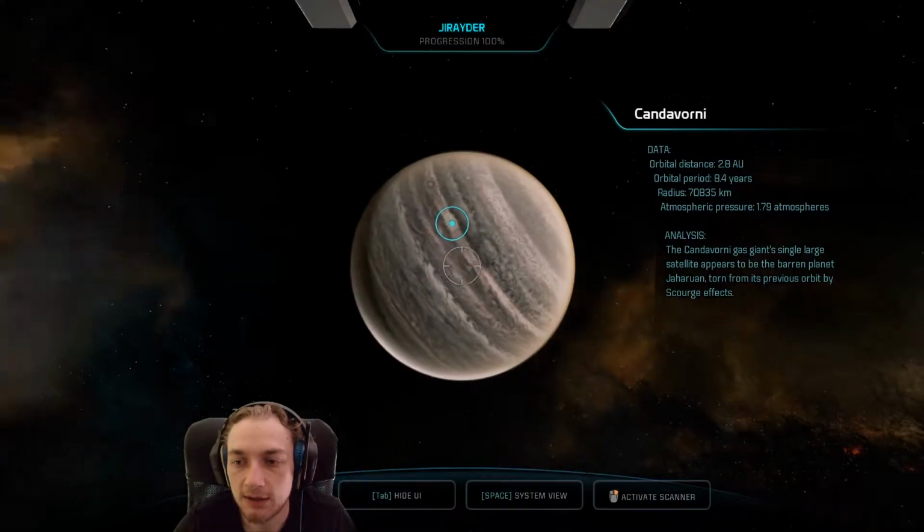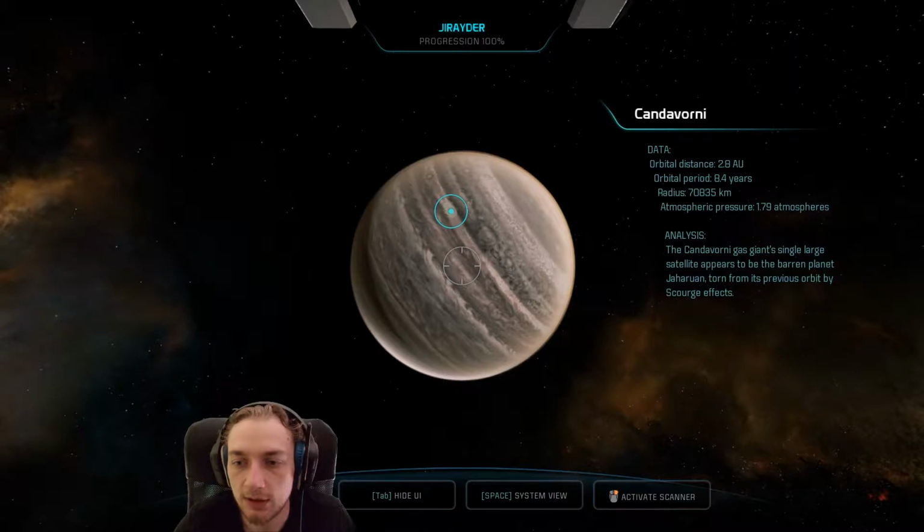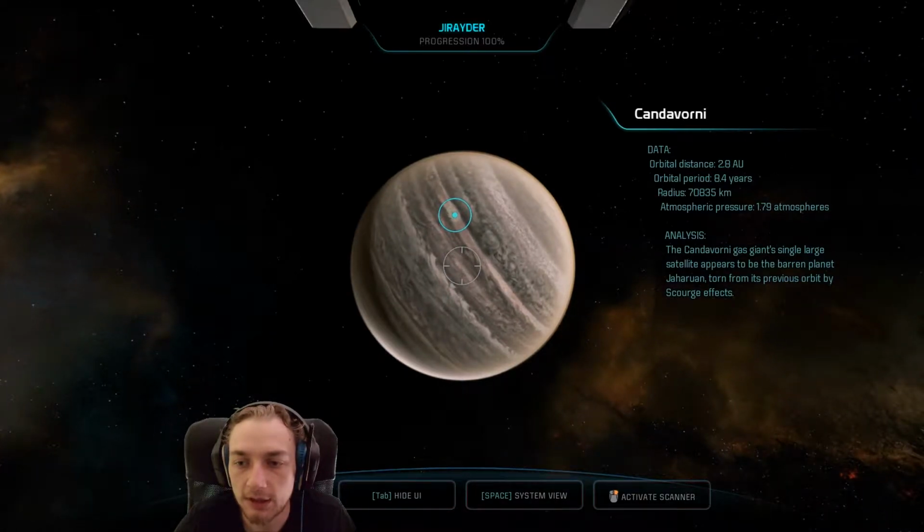Nothing. The Kandavani gas giant's single large satellite appears to be the barren planet Jaharun, torn from its previous orbit